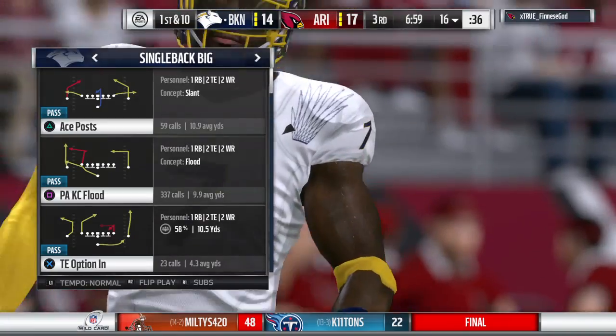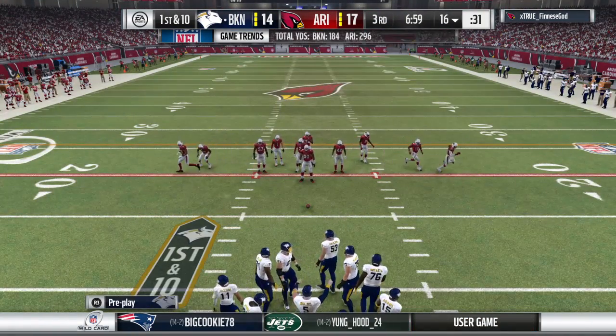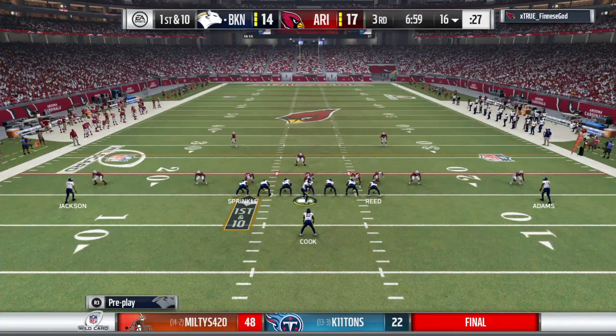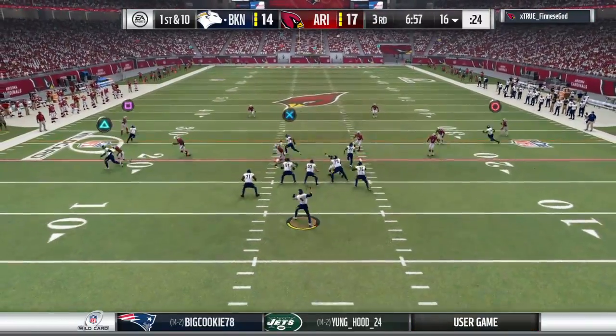So here they come, the road team now getting the football first to start this third quarter. And in enemy territory last time through the interception. We'll see what they do on this drive. Can't wait to see how it alters what they decide to do in play calling. Do they continue to throw the...